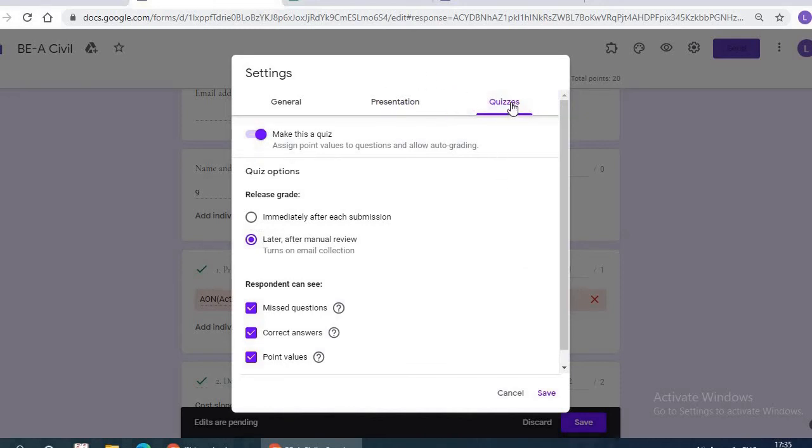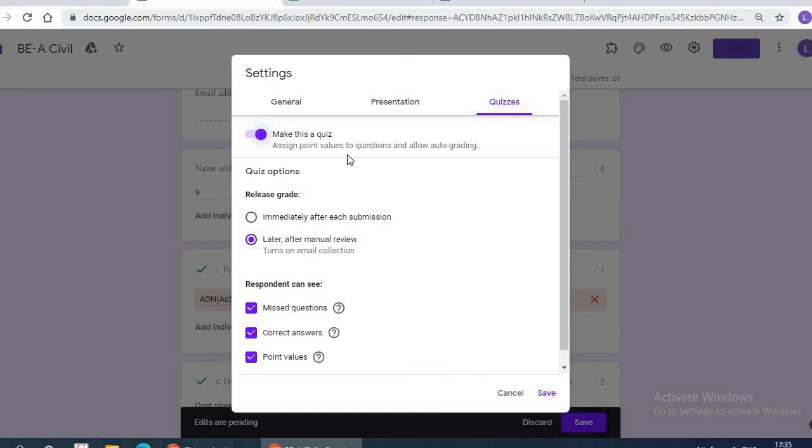Suppose we are making a template and making our form, and you want to make it a quiz type, go to this and click on this. Then it will be made into a quiz. Normally your blank form is a quiz form.